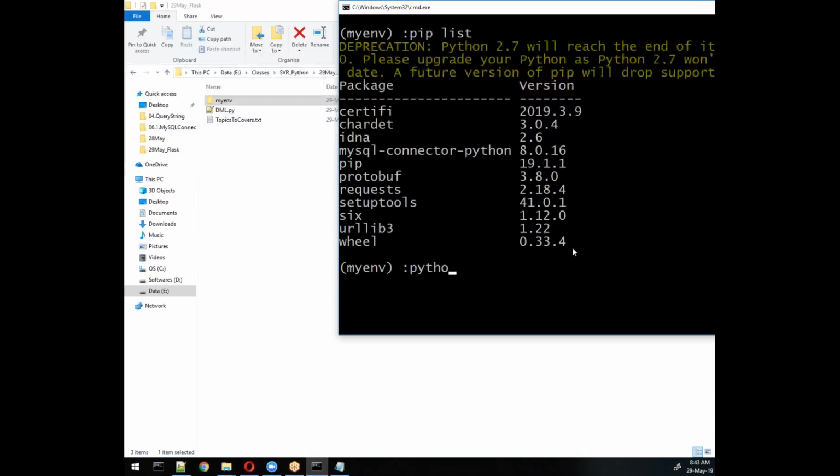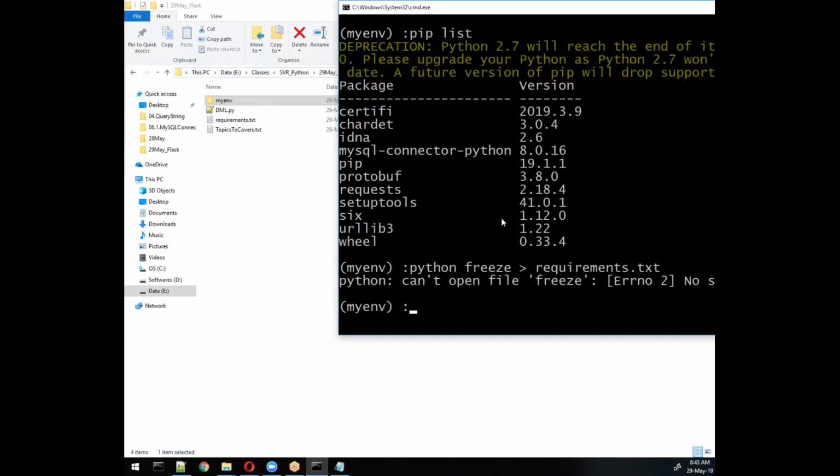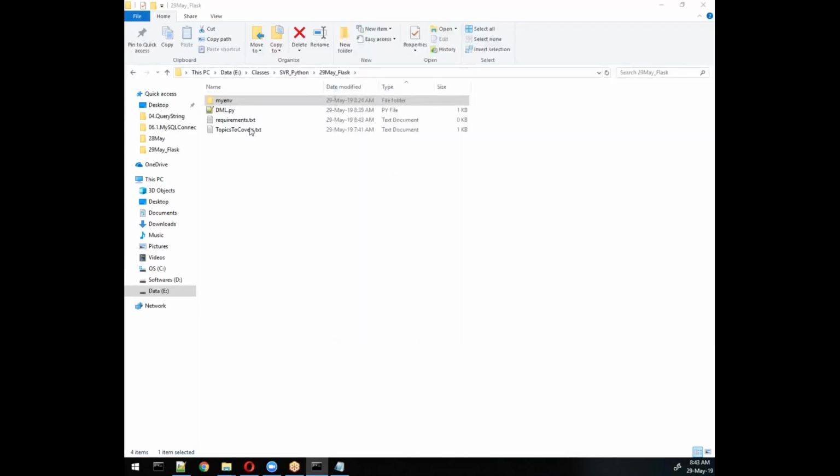So we'll write here pip install space freeze and then greater than requirements. So what happened here, it will create one file whose name is requirements.txt, and here if you see requirements.txt, we have, oh, there is some spelling mistake.